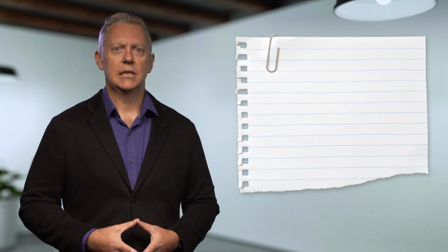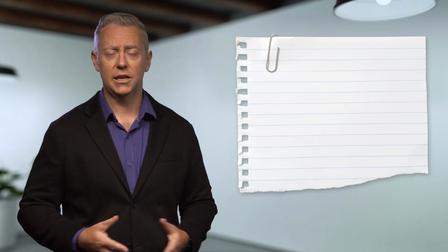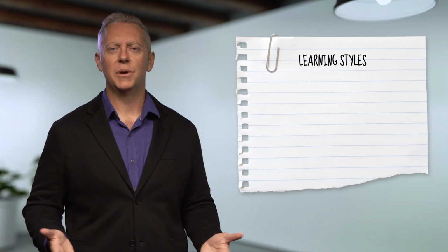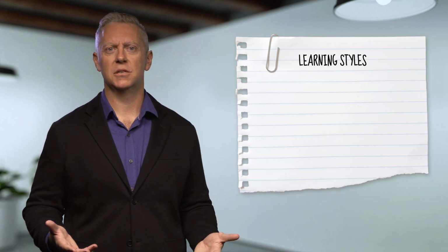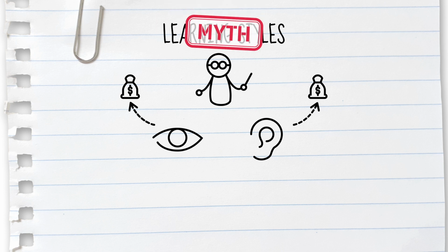The last one is a classic, and it's something that I've done some research on myself with some colleagues. This idea is that we need to develop learning that is catered for people who have preferences for different kinds of modalities. So you often hear things like, I'm a visual learner or I'm an auditory learner, and therefore I need my learning to be targeted at that particular sensory modality. And there's been an enormous amount of work that's been done on this. Some people have made quite a lot of money out of some of the ideas. The evidence is accumulating that it just isn't the best way to think about how we can help students to